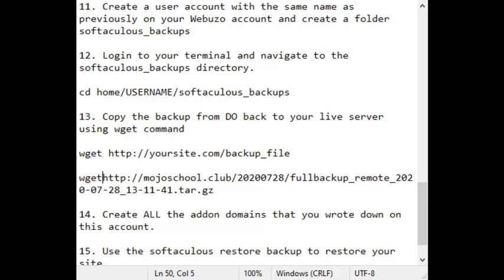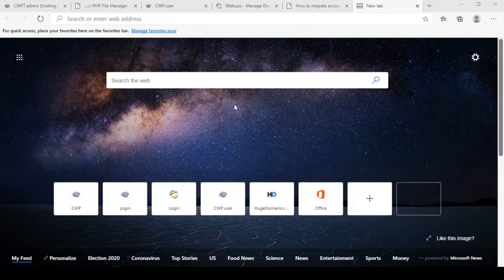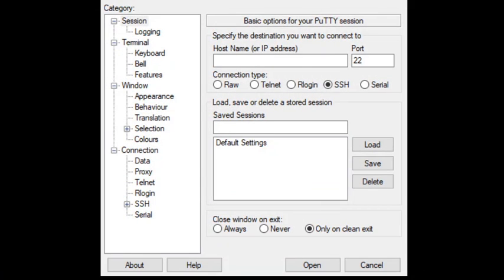Okay, so let me just log into any of my terminals so that I can show you how that works. Let me log into any terminal in the background, and let me show you how that works. I'll be back shortly. So I have my putty, and my IP address. Let me get my IP address. So I have my IP address as this,